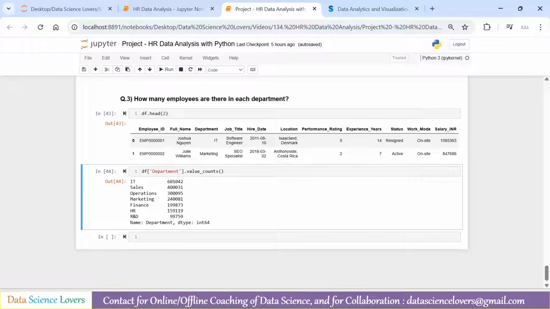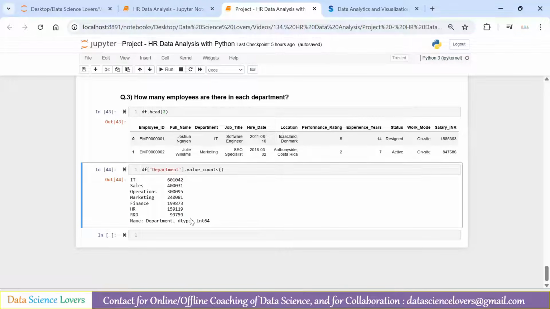IT has the maximum number of employees which is about 6 lakhs. Then we have sales about 4 lakh employees. Then operations 3 lakhs, 2 lakhs, about 2 lakhs, 1.5 lakhs. And at last we have the R&D department where we have the least number of employees